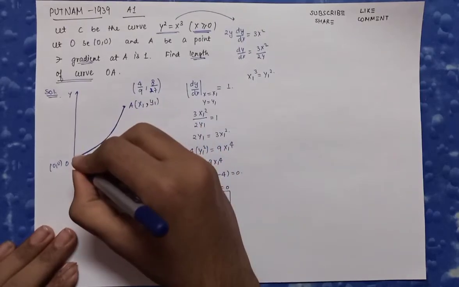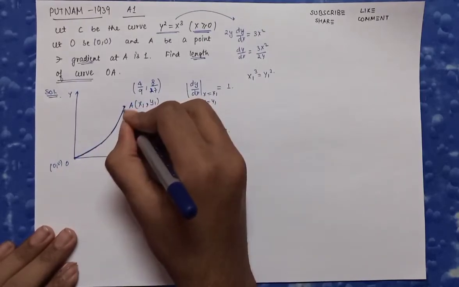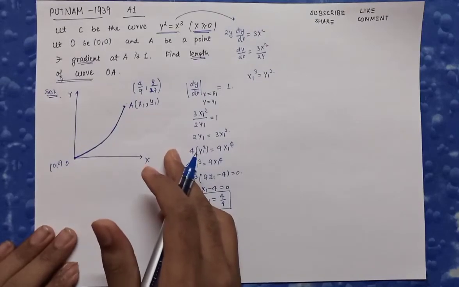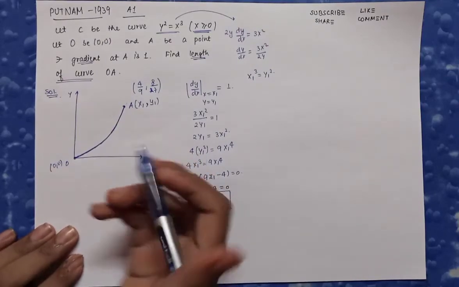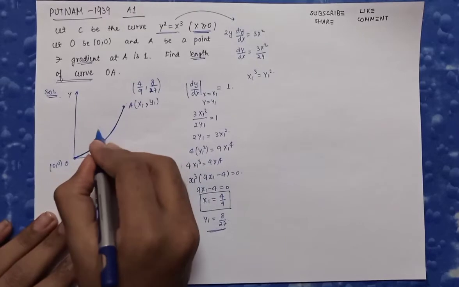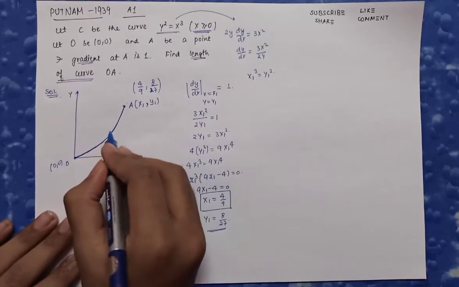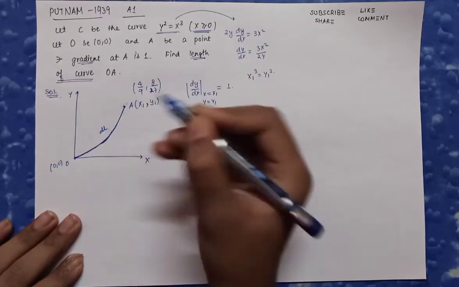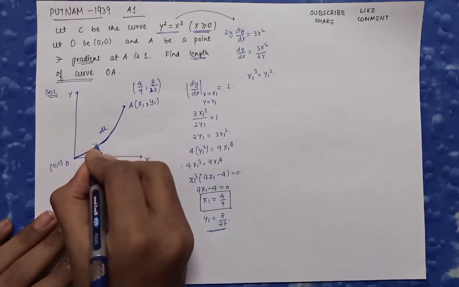We just had to find not the distance between OA, but the length of this curve. So for that, I used a concept from physics. I took a small segment here whose length was dl,